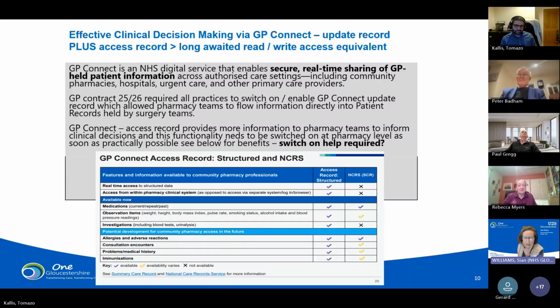Perfect. So absolutely, all our practices in Gloucestershire have switched on GP Connect update record. So all the clinical records that you flow into general practice just flow. Most of them have just said, we don't want to see it through, it just goes straight in. So that's the GP Connect update record element. It's really positive. For years and years and years, we've been asking as community pharmacists for read-write access into patient clinical records. And this is going to be the best that we can achieve right this moment